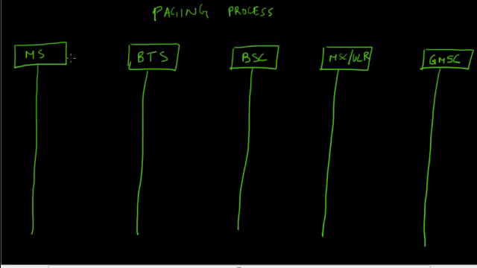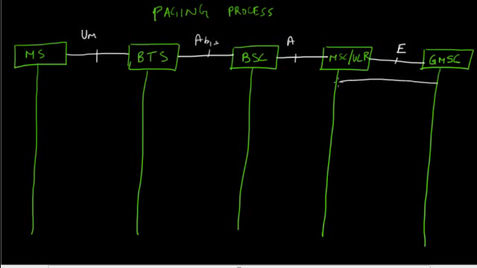Let's draw the interfaces real quick. Between MS and BTS is the air interface. BTS and BSC is the A-bis interface. BSC and the MSC is the A interface, and this is the E interface. So an incoming call comes from the gateway MSC to the correct MSC. So this whole process happens